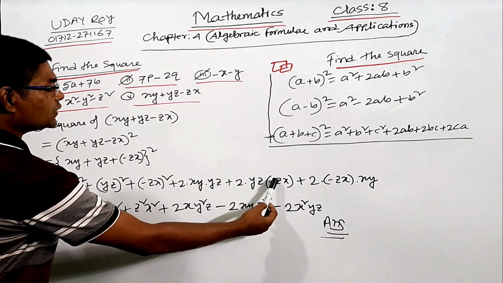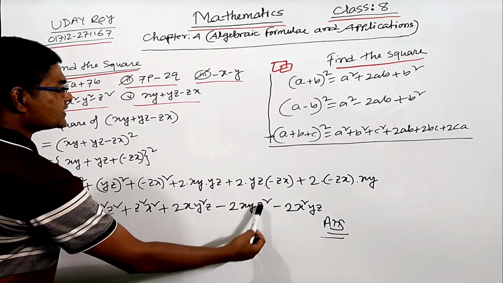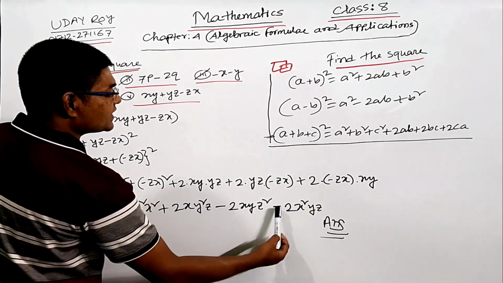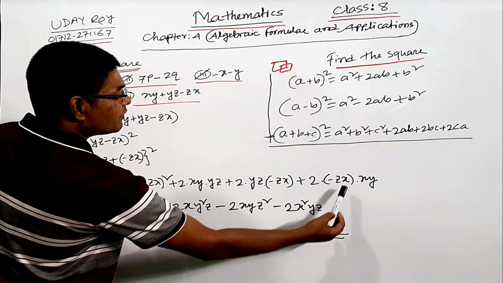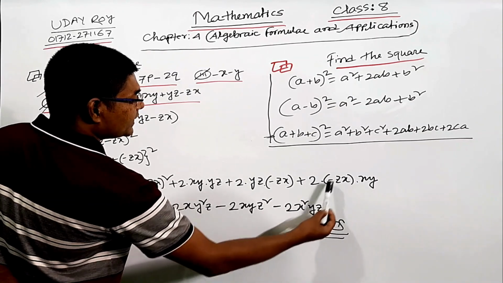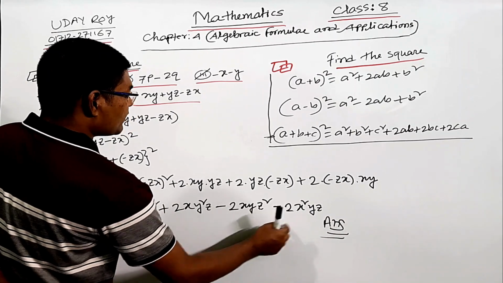Minus 2 into here is z into z, z square, x into y, xy. And you can see here minus plus a minus, here is 2, here is x into x, x square, then here is y, here is z. So we have got